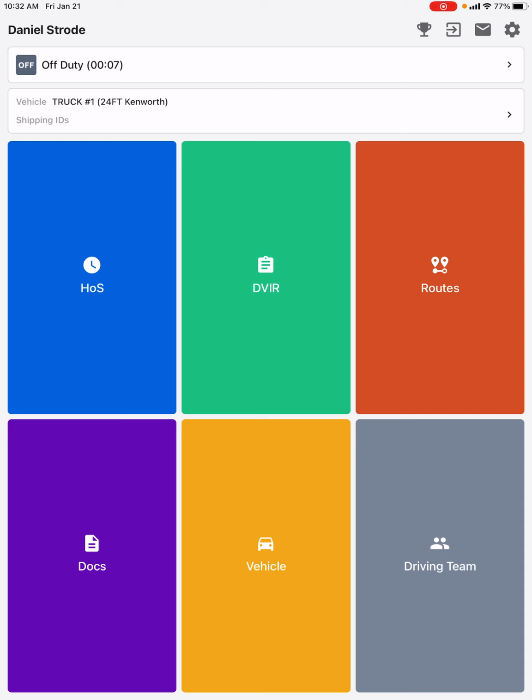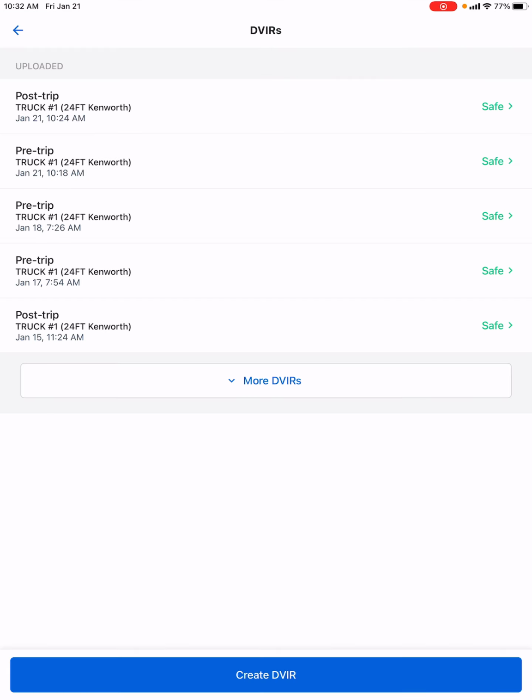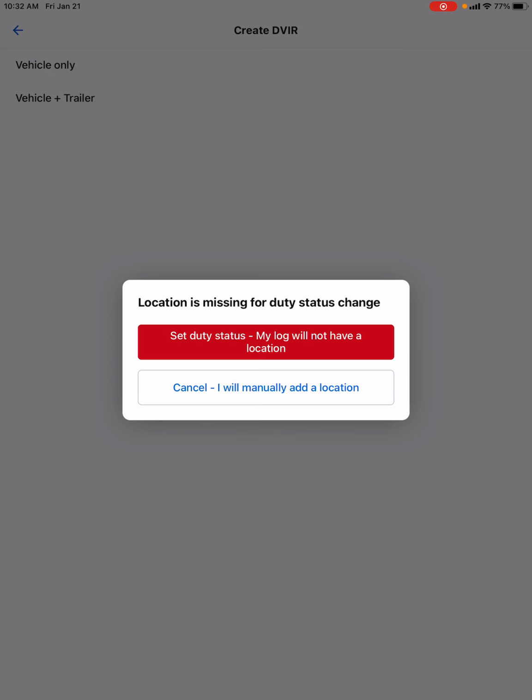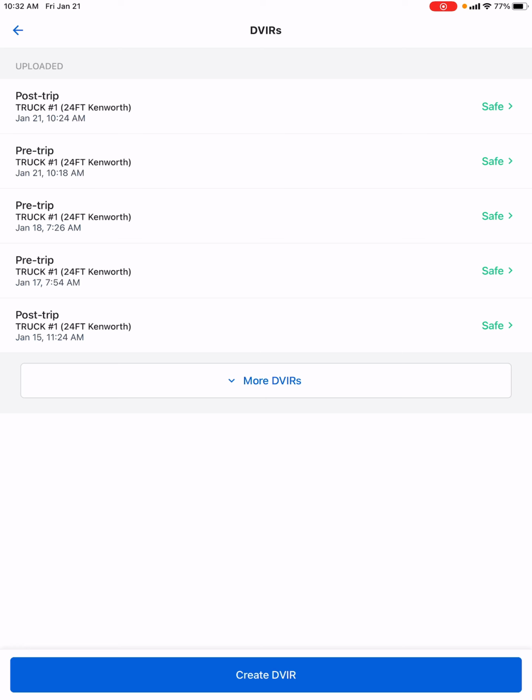Then you get to this screen and you have your hours of service right there in blue, your DVIR right there in green. The next thing you want to do is hit the green DVIR, and go to the bottom where it says create DVIR. You're going to hit that. You're going to go on duty. So it's putting you on duty. This looks like my location status isn't on, but yours should be on. So set duty status, my location. Okay, and then